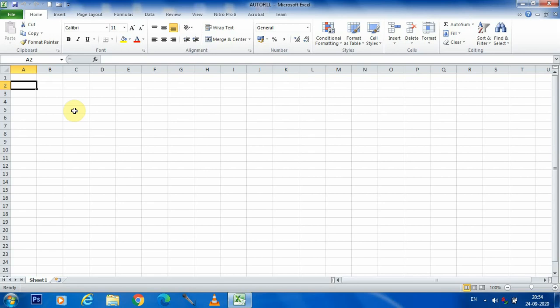Students, in Microsoft Excel, when we are working in a worksheet and we have to fill in numbers, just like we have to write the numbers from 1 to 100 or 1 to 50, it is easy to write the numbers.